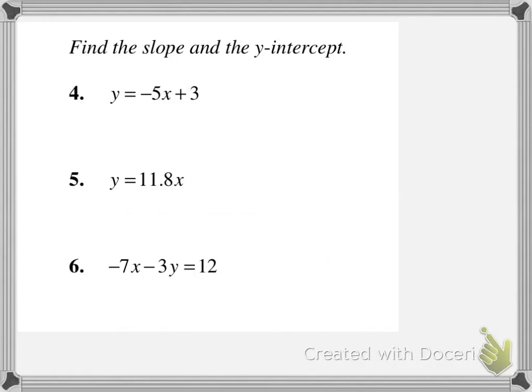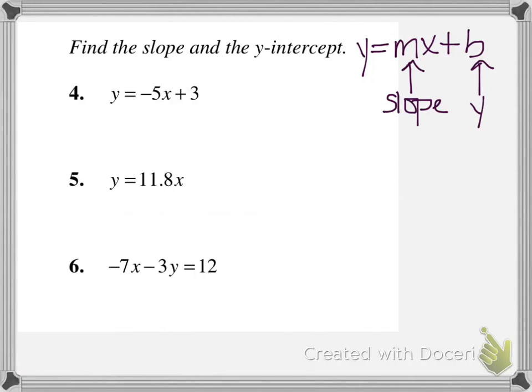Remember that the equation is y equals mx plus b. The m represents the slope, and the b represents the y-intercept. If the equation is in this format, then we can identify the information. It has to be in y equals form. Number 4 is in y equals, so our slope is always in front of the x, negative 5, and our y-intercept, or our b,